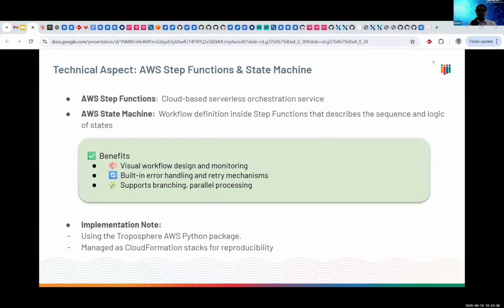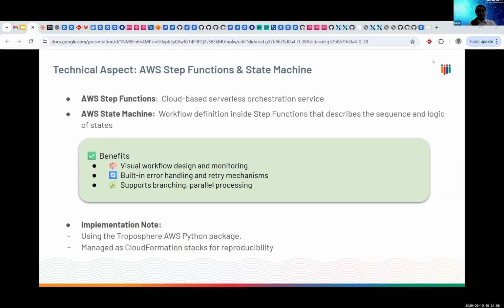Before moving on to look at what these workflows exactly do, let us take a look at what these step functions and state machines that I have been mentioning till now actually are. At its core, AWS Step Functions are a way to orchestrate a multi-step process. You can basically think of them like a flow chart that doesn't only show the steps, but actually runs them for us. Each step knows what to do, what to check for before starting, and what to do if something goes wrong or fails.